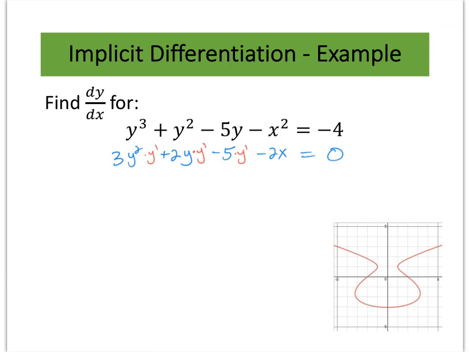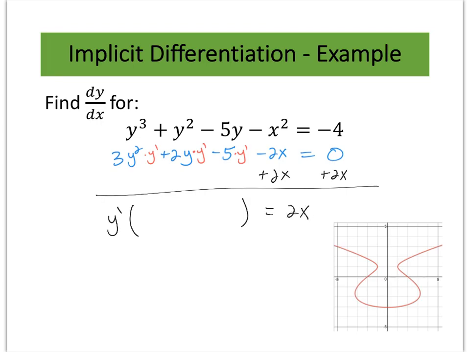When I go to solve this, I'm solving for my y prime, and so I'm just doing algebra at this point. So I'm going to factor out the y prime piece of it while I'm at it, and then I get 2x. So factoring out the y prime, I get 3y squared plus 2y minus 5. And then my last step is to solve for y prime. It's just a big multiplication problem, so I'm going to divide